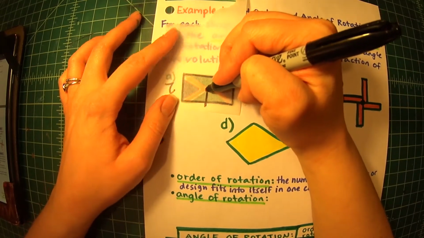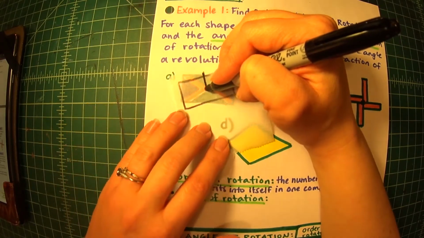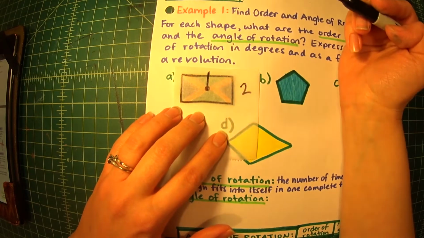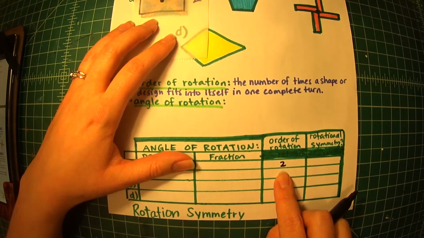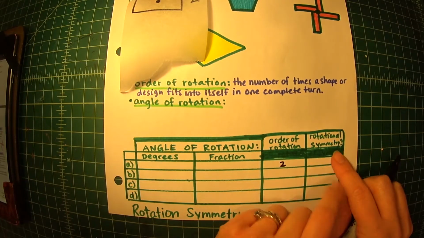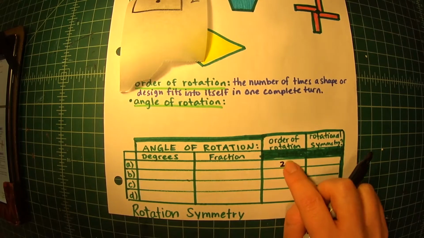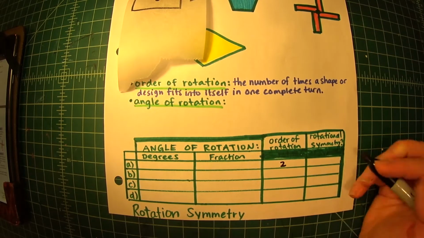I haven't done a complete turn yet though, so I keep turning until I see it match up again, and 2. So order of rotation is 2. So right away, does that mean it has rotational symmetry? Well, yes. As soon as you see that you have an order of rotation anything greater than 1, then it's